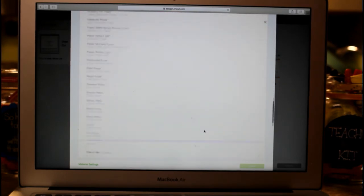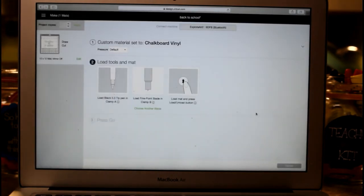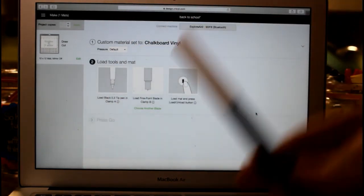You're going to come all the way down to vinyl. So you're going to come right here to the chalkboard vinyl. You're going to click on it, and then you will hit done. So it's on the chalkboard vinyl. It's going to tell you to load your pen, whatever color. So it's going to tell you black because I just left it on black, but obviously we're going to load